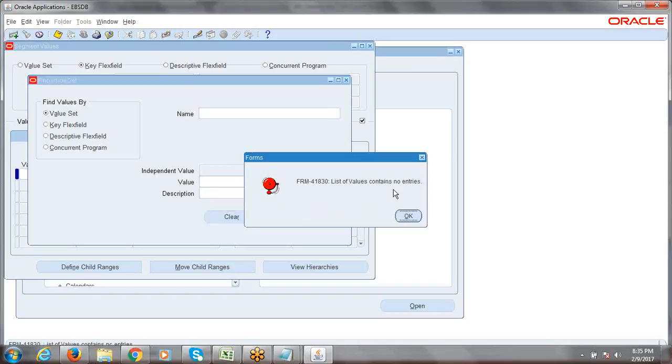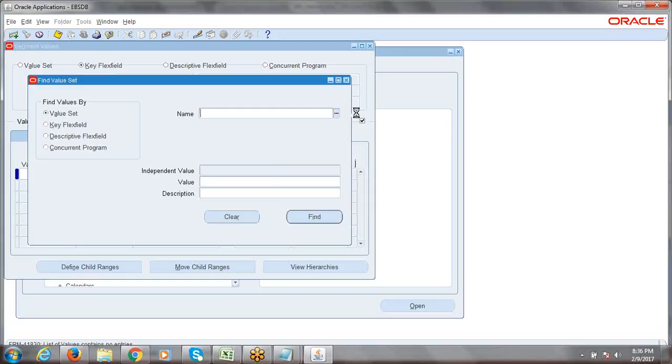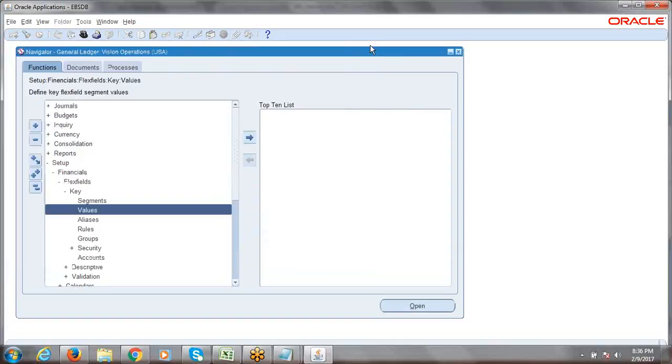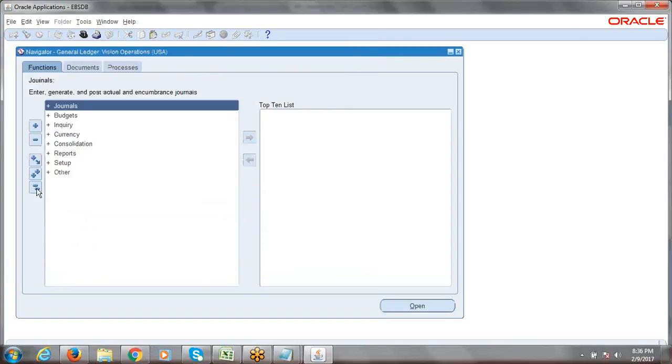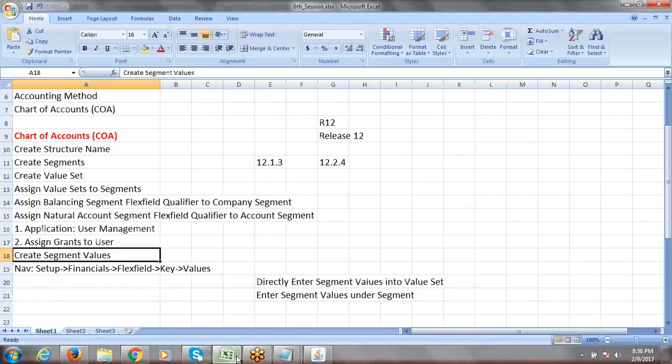It is showing list of values contains no entries. The reason is our current user, which user? Operations user, doesn't have any privileges to create any segment values. Now we will go and get the privileges for our current user, then we can create the segment values. Let's do it. So what is the process we have to follow? We have to go to the user management